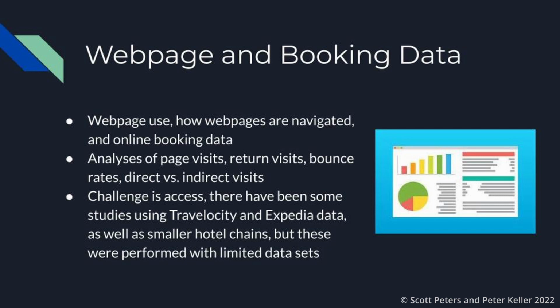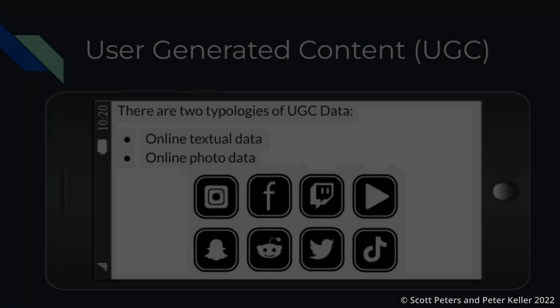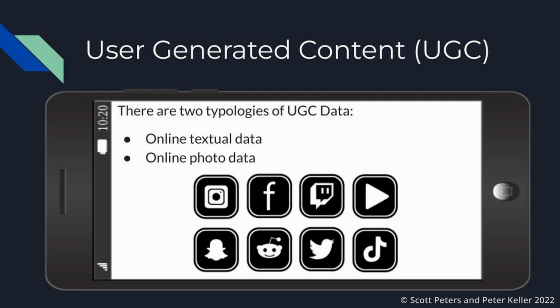Analysis of page visit, return visits, bounce rates, and direct or indirect visits, for example, as well as the sequence of pages visited, offer insight into the expressions of interest and eventual success rates or the bookings, as well as the assistance with product pricing. A challenge here is that these data are usually safeguarded by the entities that oversee them, for example, the hotels, agencies, or web page owners, and this limits their access for curiosity-based research and to establish best practices of analysis, interpretation, and looking into these insights for other industry members. In the age of social media, user-generated content is abundant and growing, but not always easy to directly access.